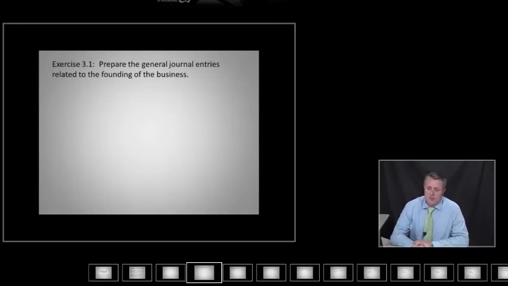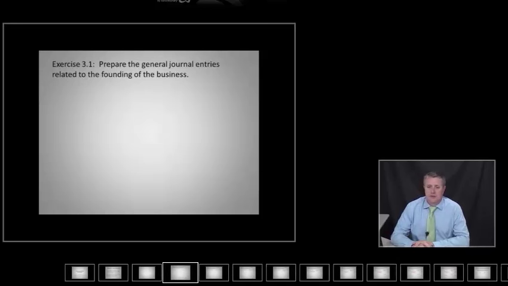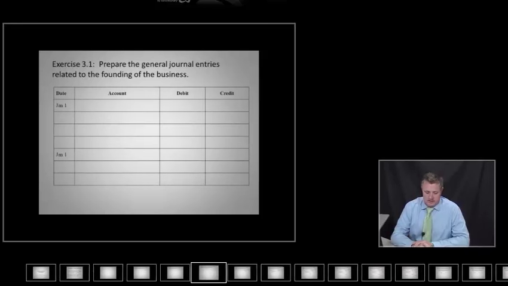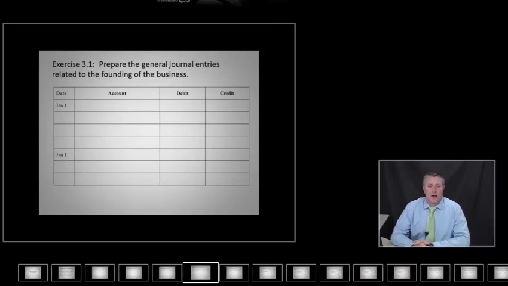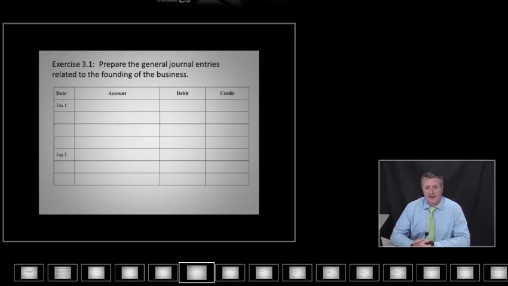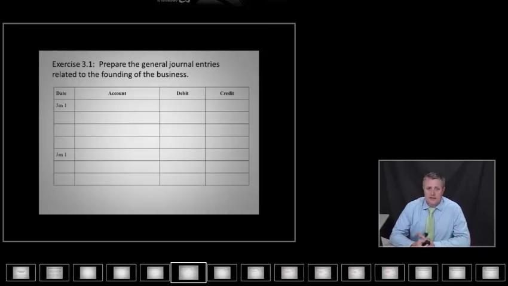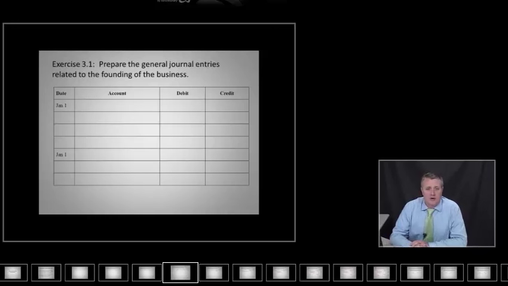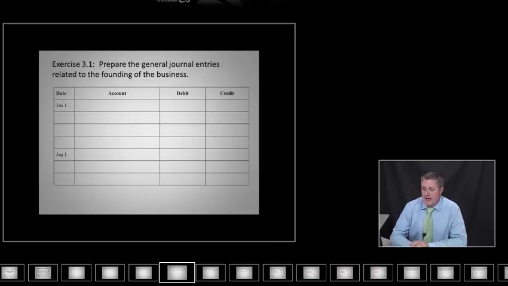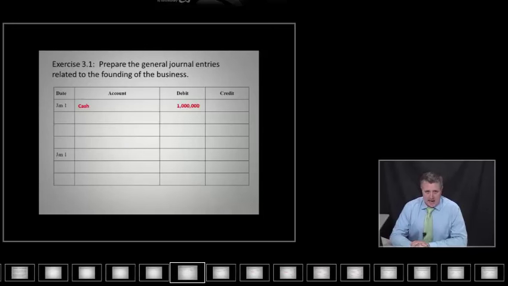So exercise 3.1 asks us to prepare the general journal entries related to the founding of the business. We're going to have to prepare journal entries to reflect the fact that they are issuing new stock and issuing new debt. When they're raising new financial capital, you're almost always debiting the cash account. So for our first case, we're going to debit cash for $1 million,